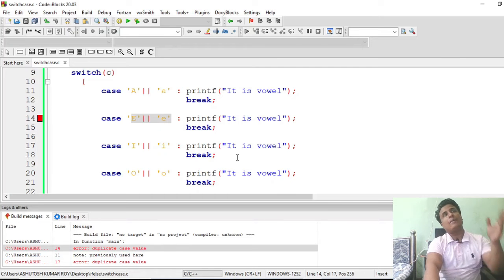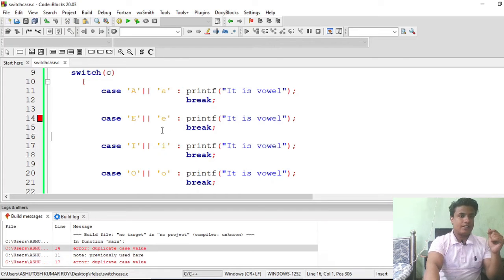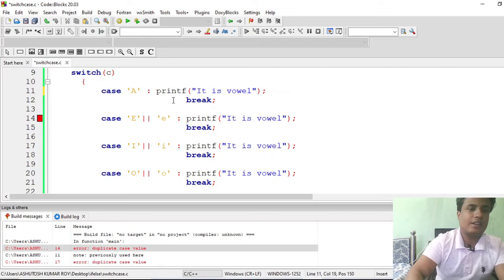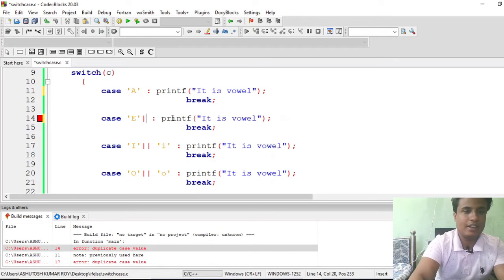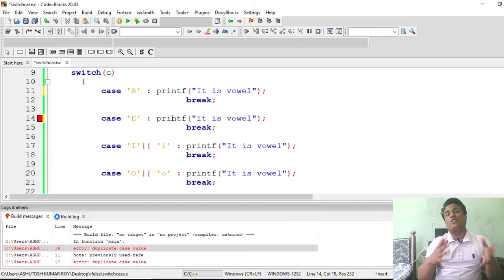Because of that reason, every case will have the return value 1. So every case is not a different case, it is the same case. And I have told you we cannot use the same case in a switch case statement. Okay, so hope you are getting it. So let me just put capital letters here. It can be easier with an if else statement.